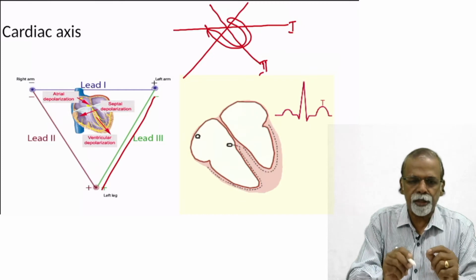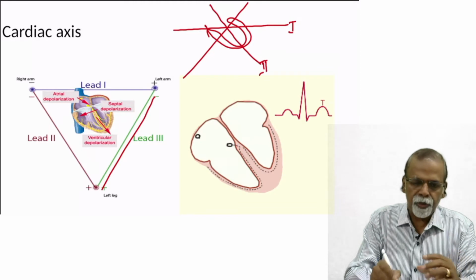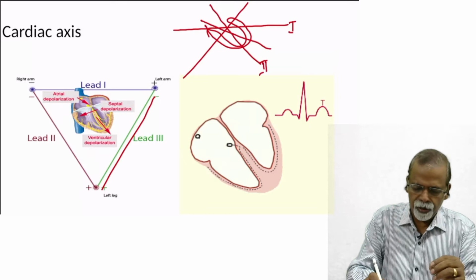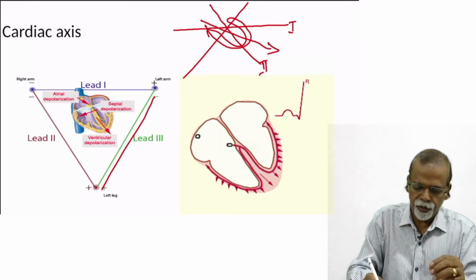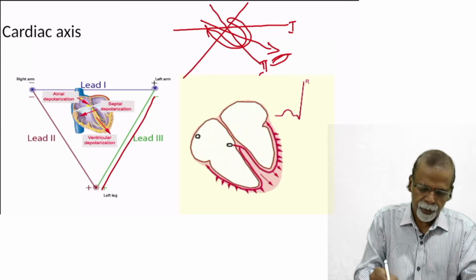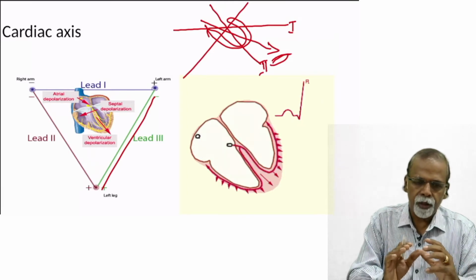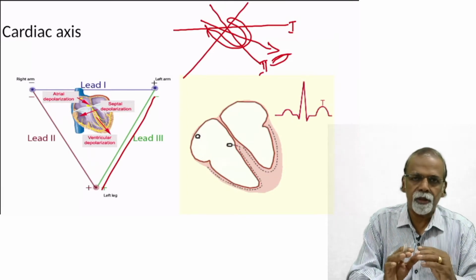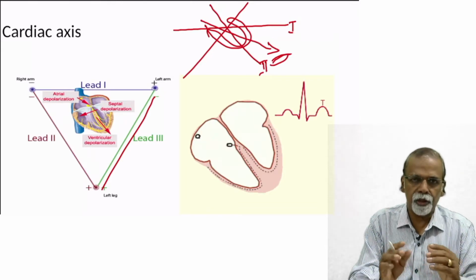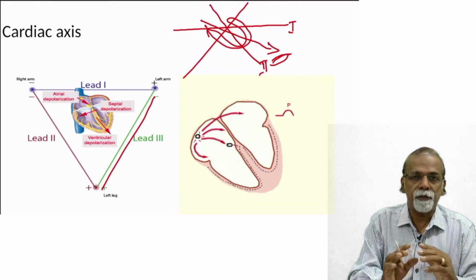The majority of the electrical force of the heart is produced by the left ventricle. So the sum total of electrical force will appear to be going from right to left in this direction, or somewhere in the direction of lead 2. This also we have discussed. So these are the limb leads. As we know, limb leads record the electrical activity looking into the heart in the frontal plane. So in the analysis of the vector, we are looking at the leads which are in the frontal plane.